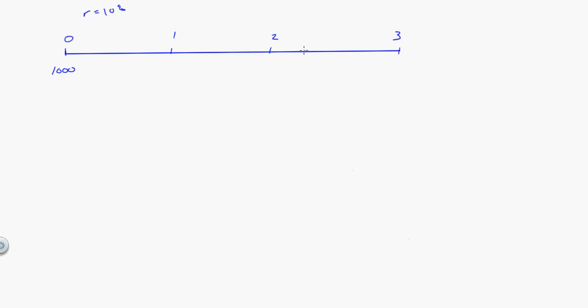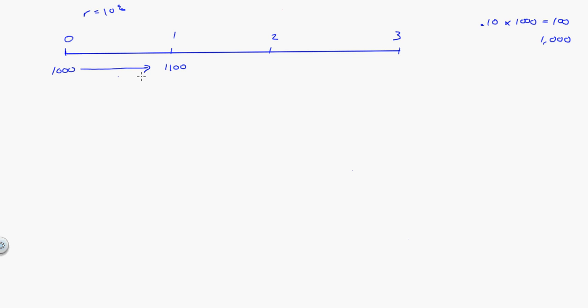Here's the size and the timing. So if I take $1,000 and put it in the bank, and the bank says I'll pay you 10%, how much will I have in 1 year? Well, a lot of people can say, well, that's $1,100. I can't write it, but I can say it. So a lot of people say it's $1,100. Where does that come from? They give me 10% of the 1,000, which is equal to $100, plus they give me the original $1,000.